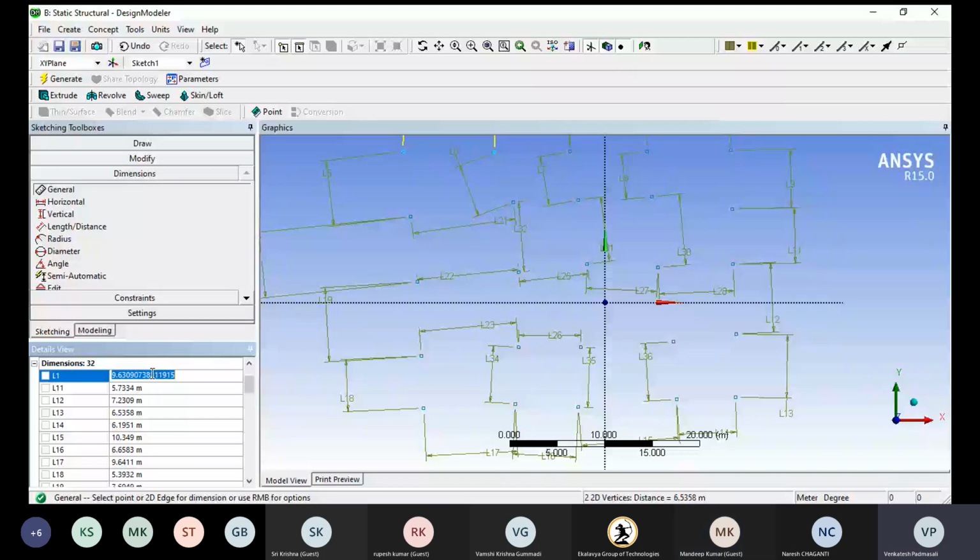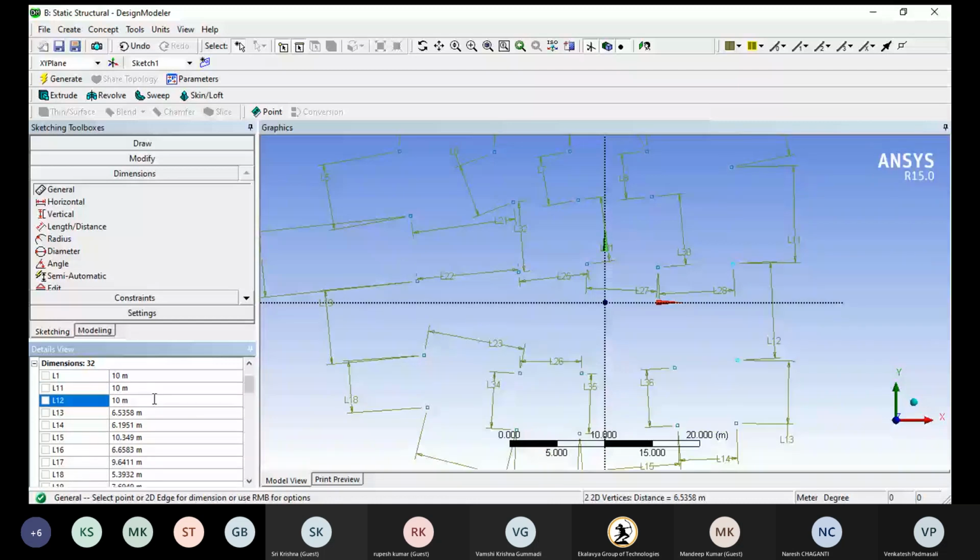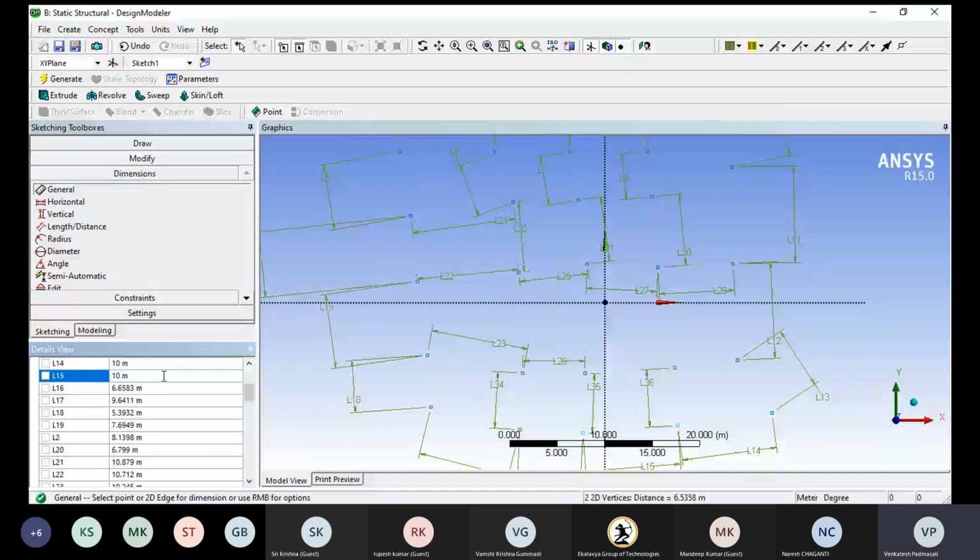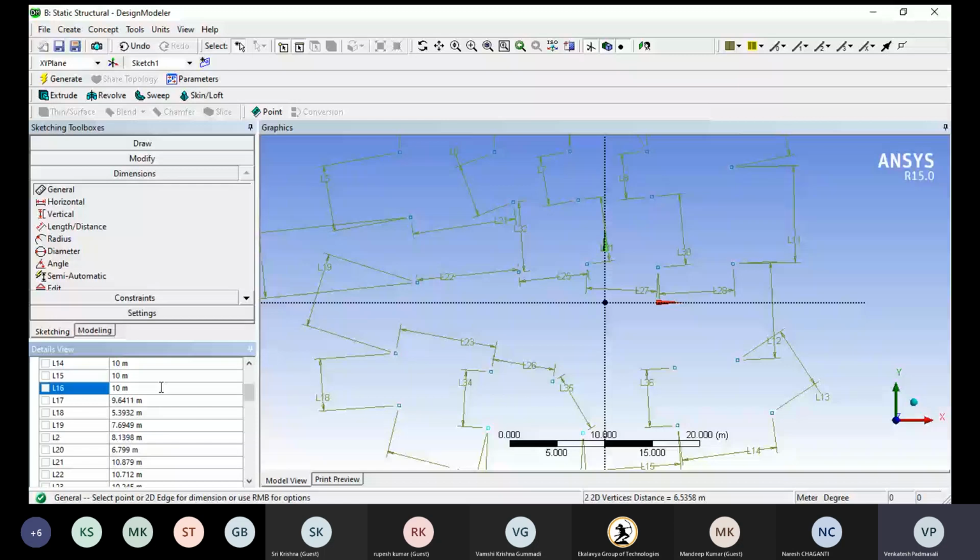I'm going to change the dimensions. 10 enter. 10 enter. 10 enter. So usually I'm going to apply the same 10 meters to all the remaining things.